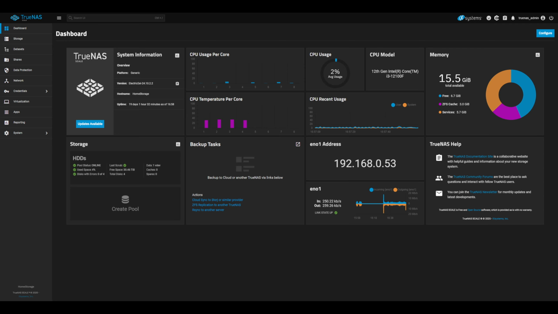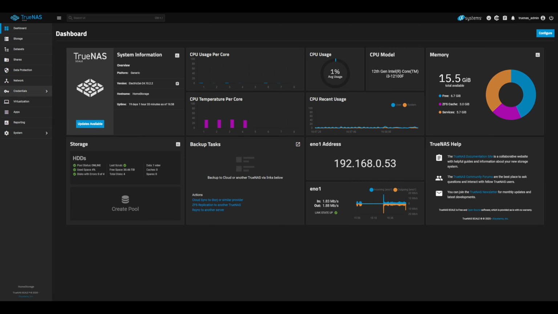Hello. In this video, I'll be going over how to host a game server on TrueNAS using Docker. I'll be using Vintage Story for my tutorial, but this should work for Minecraft and any other similar games. To start off, we will need to create a new user group as well as a new user to manage